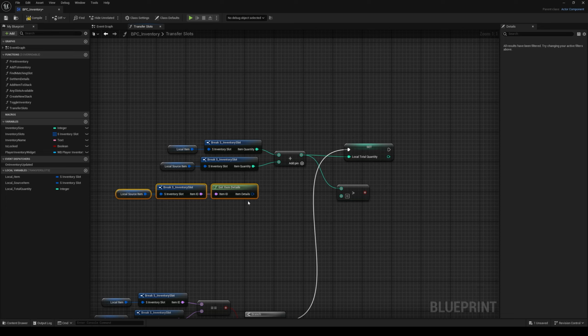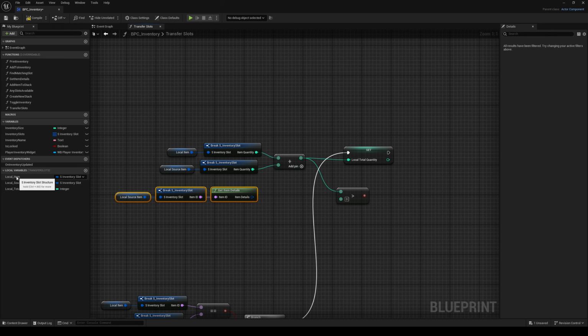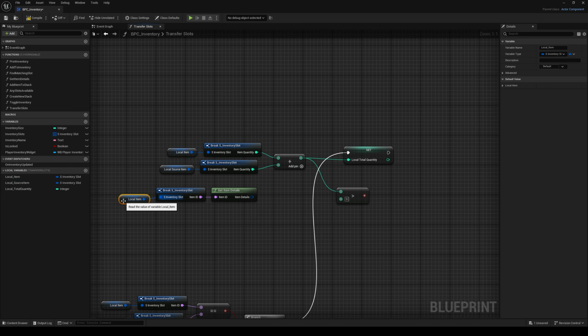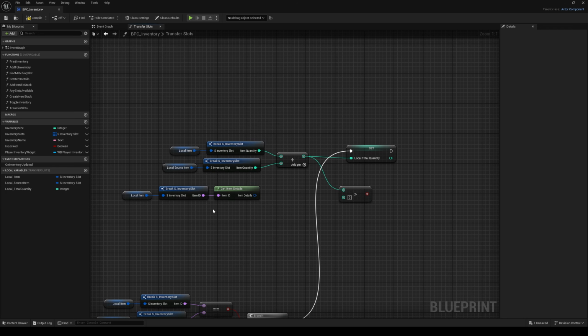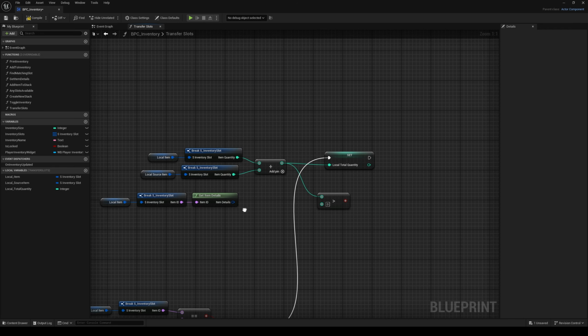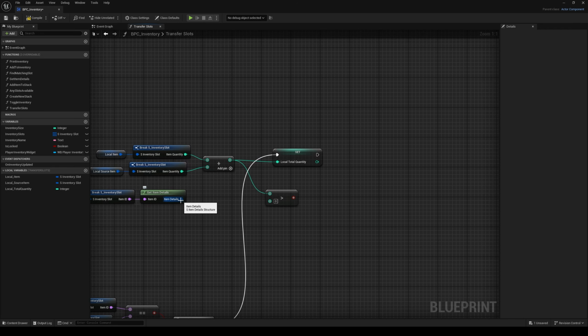Local item. Matter. Local. I don't think it matters, does it? No, because they're matching, so it doesn't matter. So if that's the case, we'll go ahead,